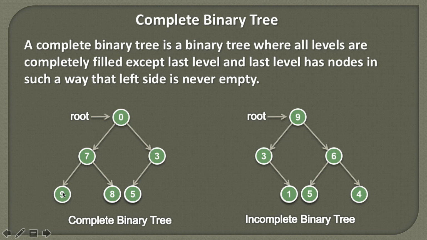If we go to the third level, going from left to right, we are always getting a node. Though there is no right child of 3, it's still a complete binary tree because there are no gaps if you are traversing from left to right. And similarly, for the incomplete binary tree, if we go from left to right, we can see that 3 has no left child, therefore the first node is null. So it doesn't satisfy the property of a complete binary tree. Also friends, in our upcoming tutorial, we will discuss more about the complete binary tree, because this is the main property which helps us in creating a binary heap.